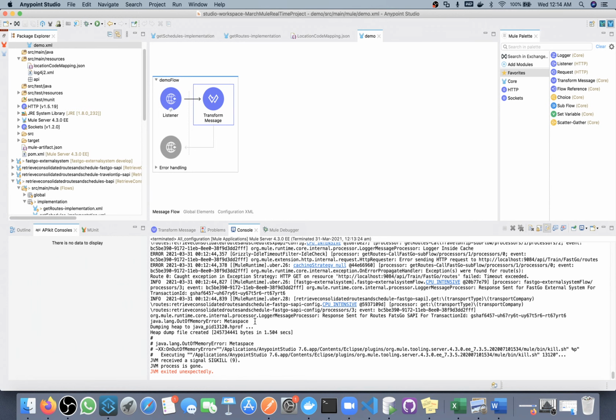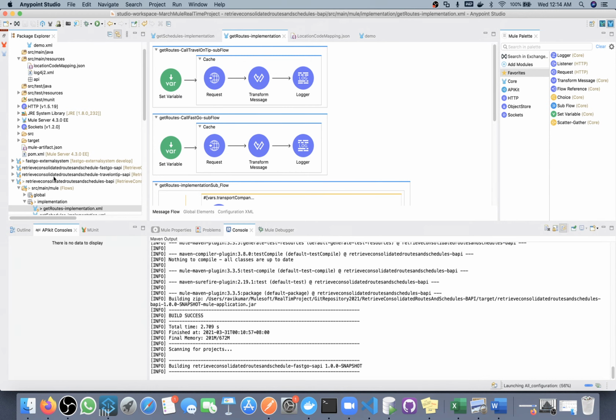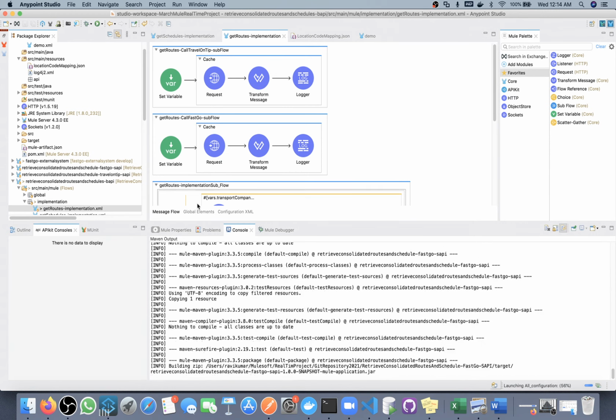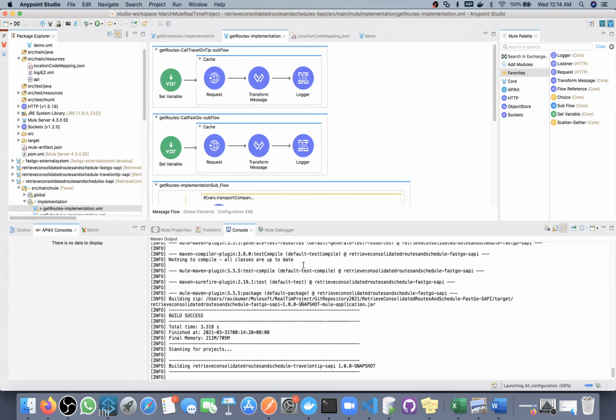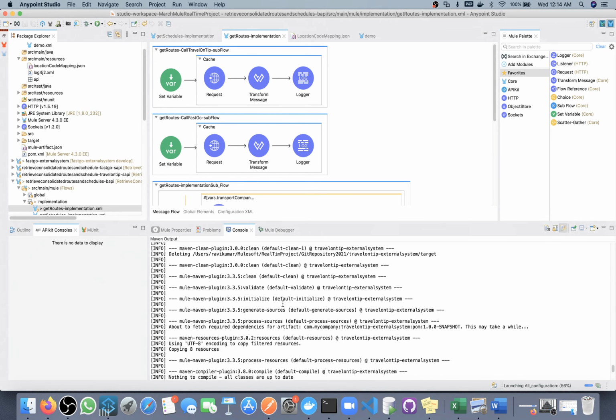Really, the error should not come, we didn't make any mistake. So let me run this again. Since we are running multiple applications, after one run our deployment will stop automatically.